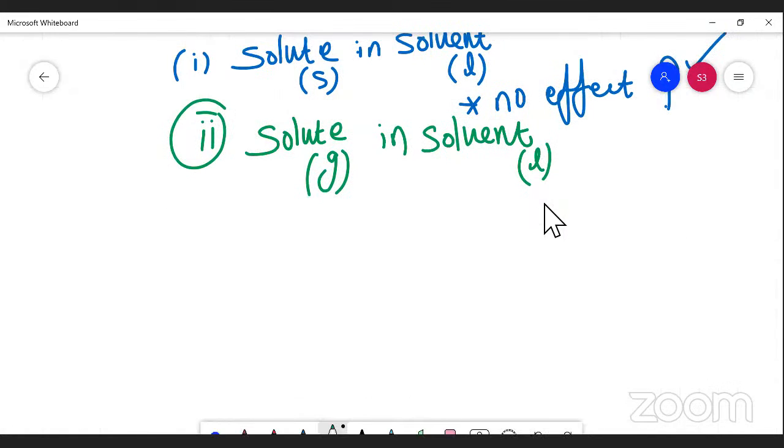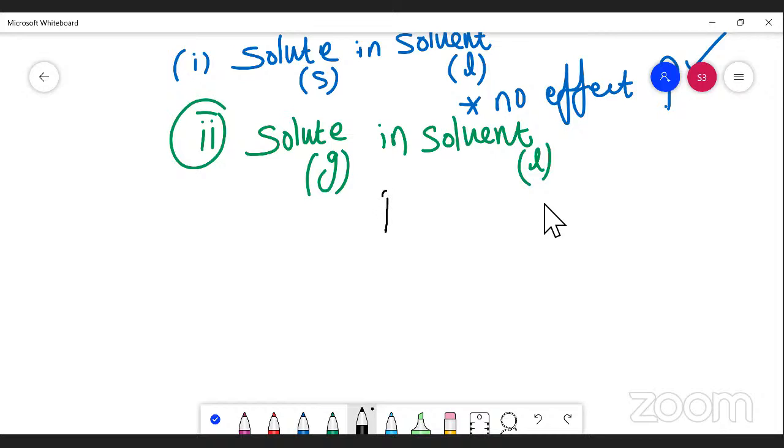What type of effect will be there? Because solids and liquids are not easily compressible, there is no effect of pressure there. Here the effect of pressure will be there. That is, when pressure increases, solubility also increases. Pressure increases and solubility also increases. Because the solute